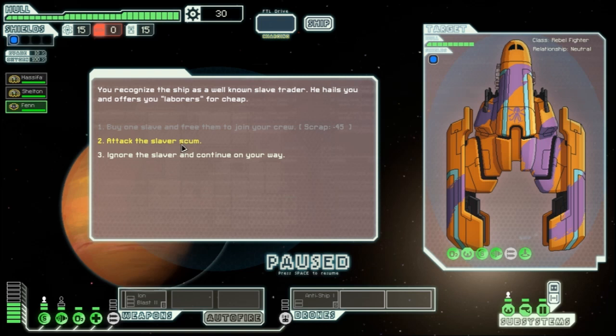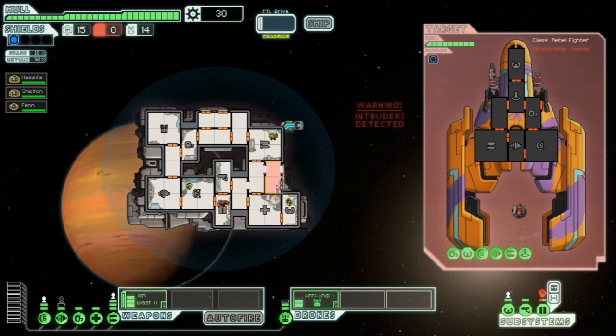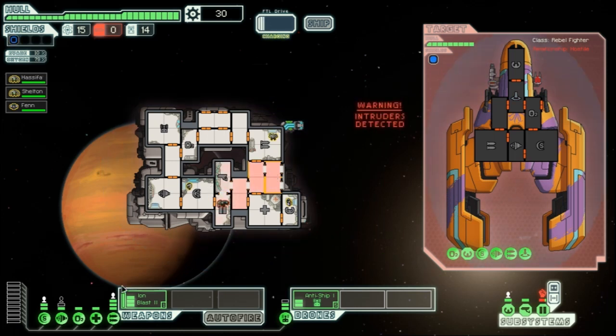We're going to attack them because usually what happens is when I get them down to about halfway, they say, okay, we'll give you a slave for free. So we're going to do that. Let's attack him. Okay, there is an enemy aboard. They teleported on us. So right away what I'm going to do is open the oxygen, and hopefully that will...